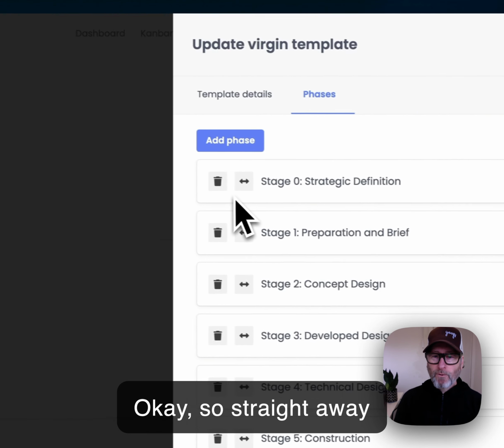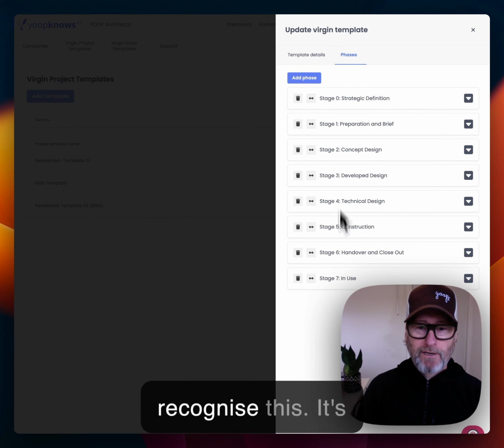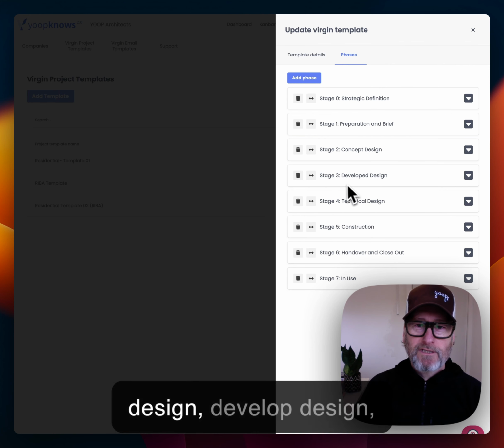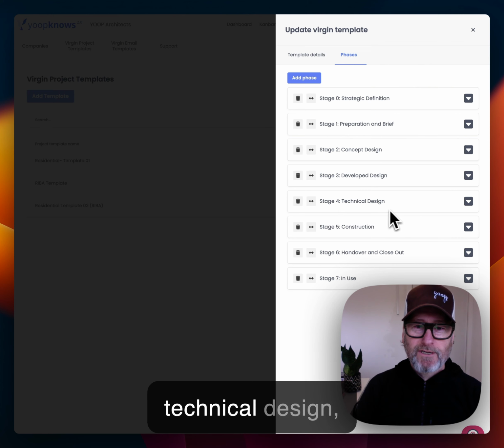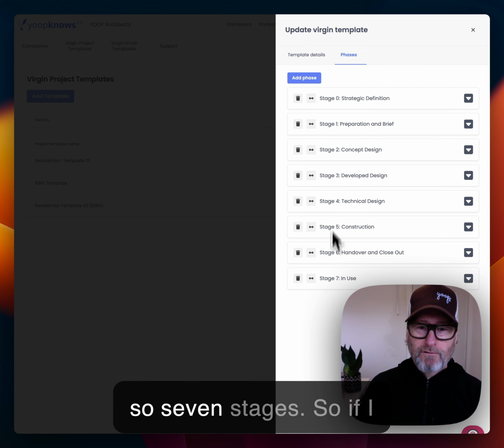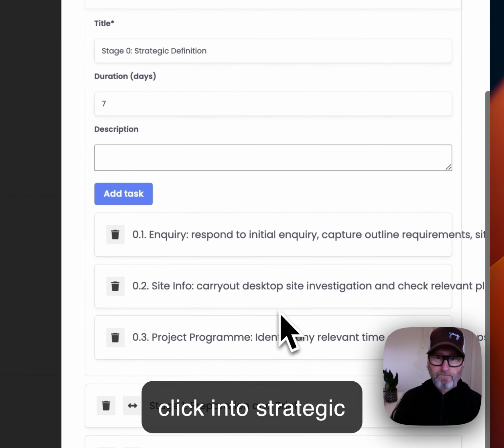Okay, so straight away, anyone using the RIBA work stages will recognize this. It's stage 0, strategic definition, preparation and brief, concept design, develop design, technical design, construction, handover, closeout, in use. Okay, so 7 stages. So if I click into strategic definition,